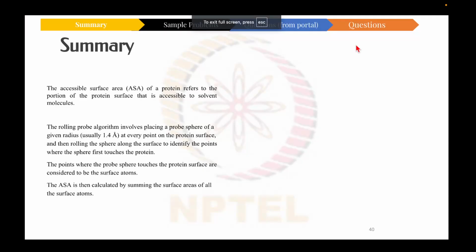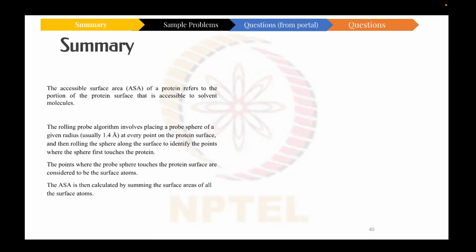Then we have solvent accessibility surface area, shortly known as ASA. This refers to the portion of the protein surface that is accessible to solvents. ASA is important for understanding protein-protein interactions, ligand binding, and protein stability. The calculation of ASA is typically based on the solvent excluded surface, that is the SES model, which